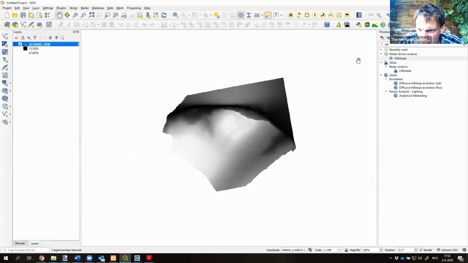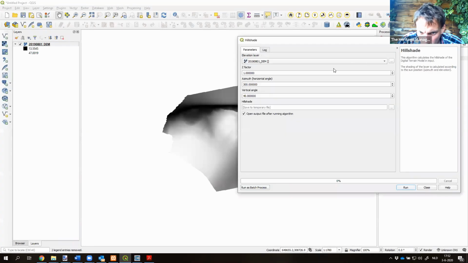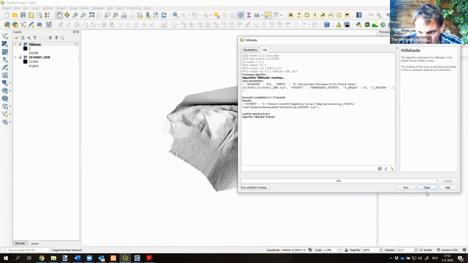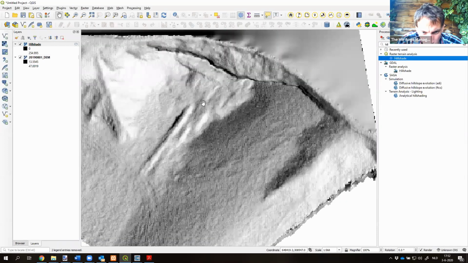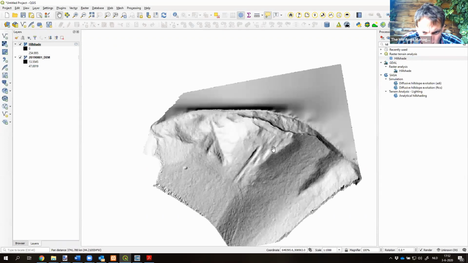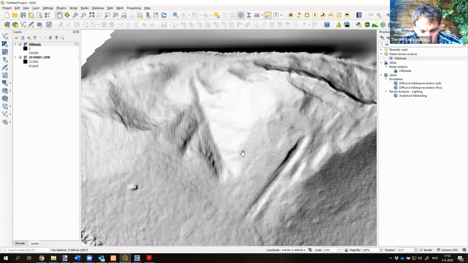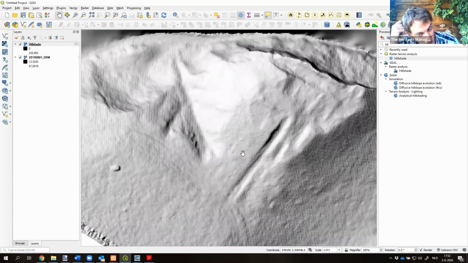So this is my digital elevation model. And with hill shading, let's consider the same parameters. You can actually make some kind of hypothetical shade on the model itself. And in many cases, especially in topographic maps, you will see this as some kind of